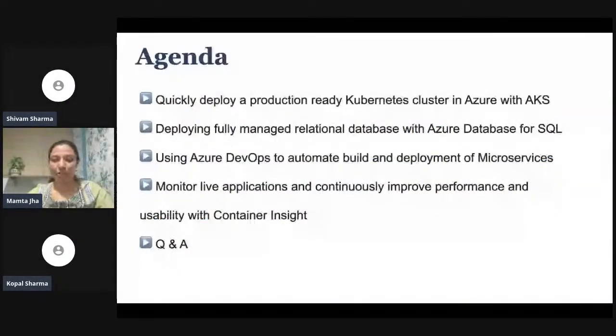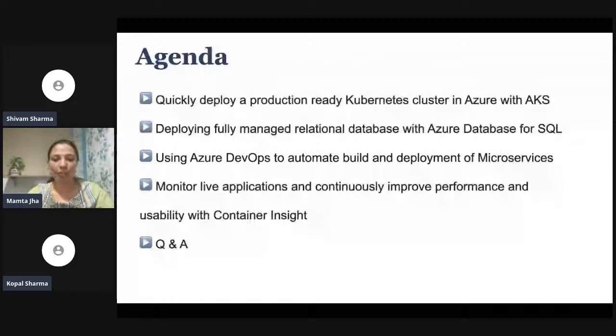Good evening, good morning, or good afternoon, whichever zone you guys are in. So today we are here to learn about Azure DevOps. As you know, Kubernetes is something which I'm very close to, so I've picked up AKS cluster. We would be deploying a multi-tier application in a Kubernetes environment, but doing that using Azure DevOps.